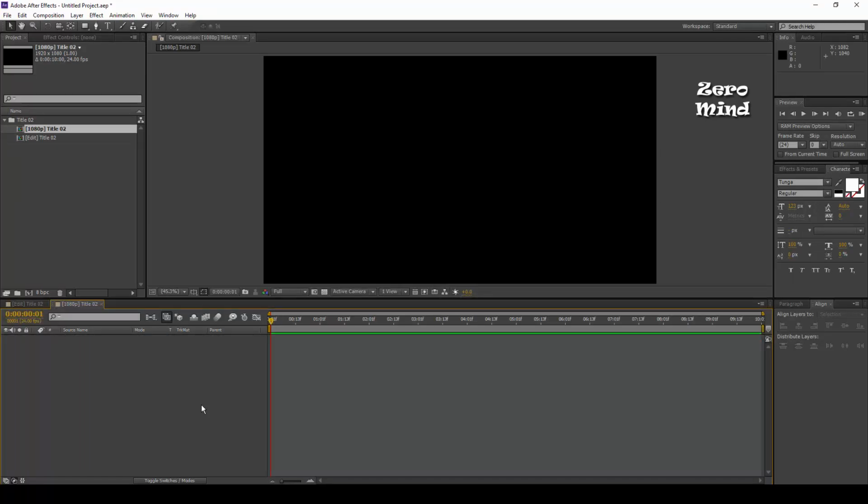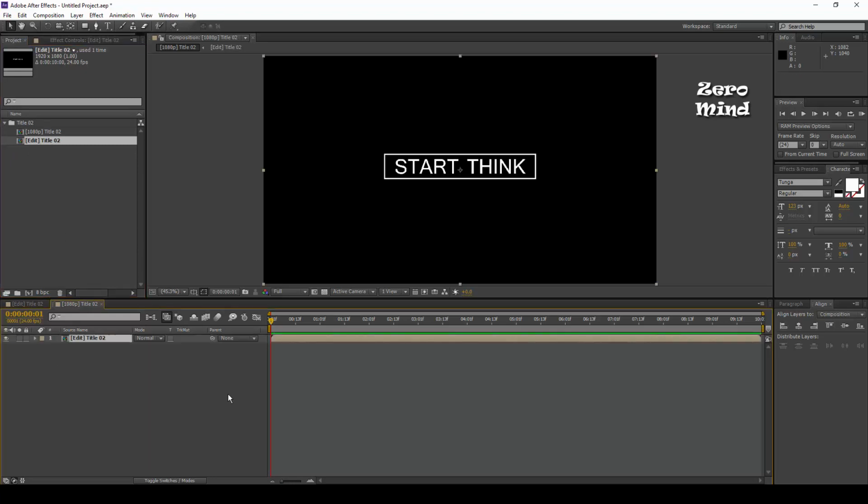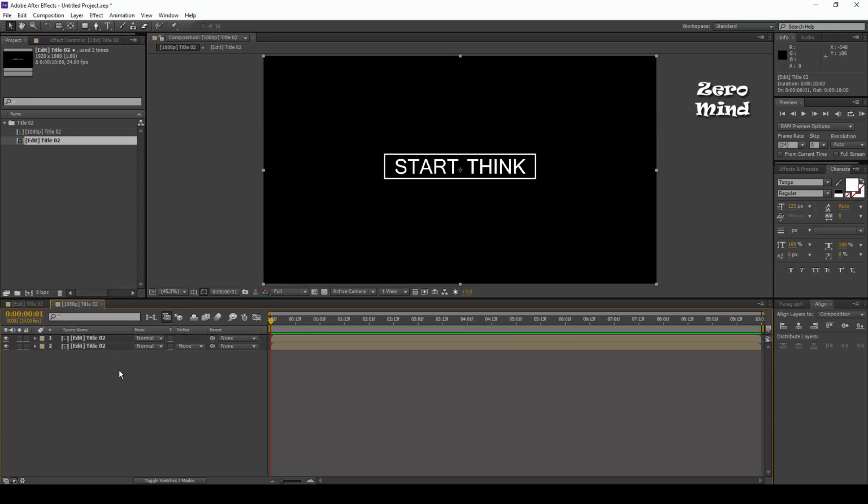Once I create a brand new empty comp, I drag this layer into the timeline. Here I want two layers for making a mirror animation. So I hold down Ctrl D to duplicate the layer, select this option and press P